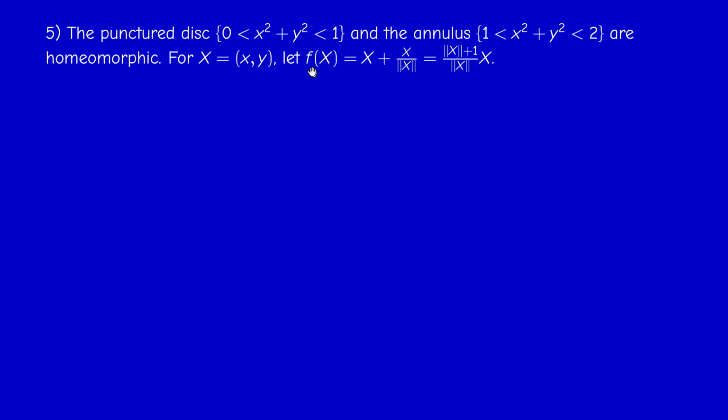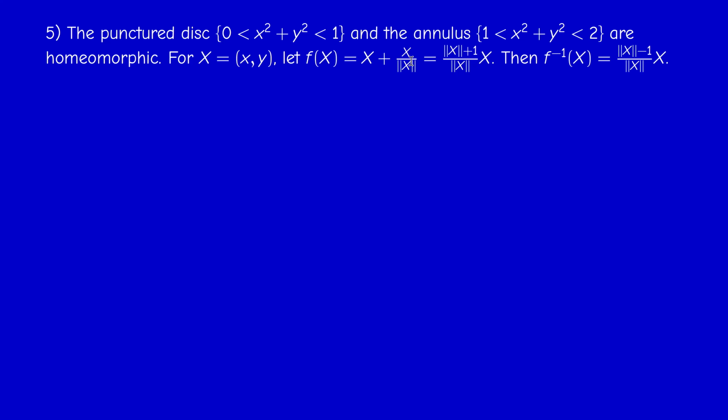And now we define a function from R2 without 0 into R2, given by this formula. So it's x, the identity, plus x over its norm. This is a map from R2 without 0 into R2. And if you reduce to the same denominator, you get the norm of x plus 1 over the norm of x, times x. Here we are taking the Euclidean norm. Now it's easy to check that f is a bijection